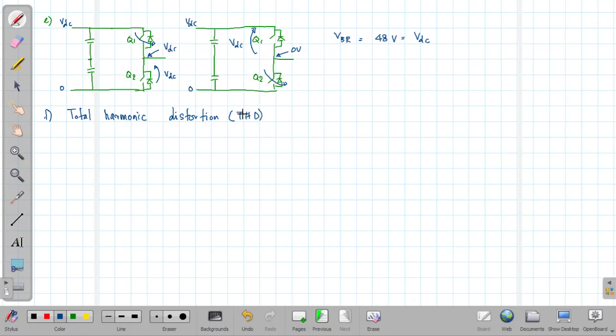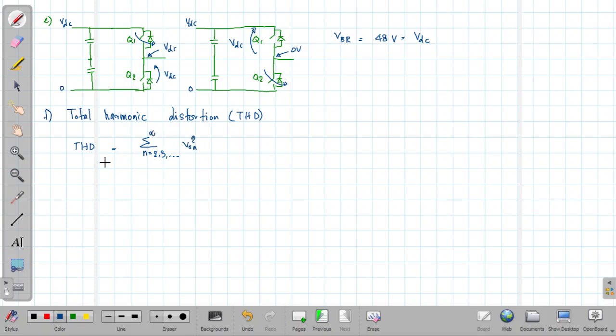This THD can be defined for voltage and current both, but in this one I'm trying to calculate the total harmonic distortion of the voltage. The definition of total harmonic distortion is sigma n equals 2, 3, etc. to infinity